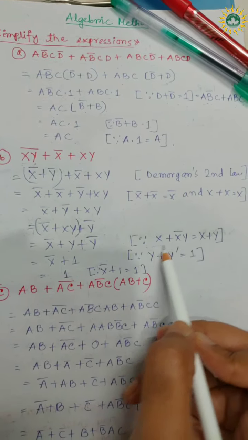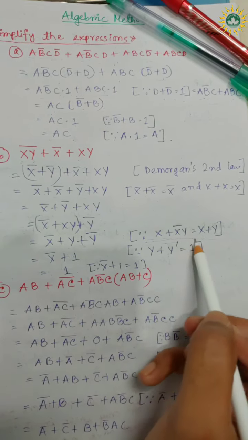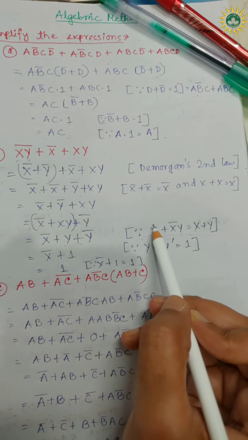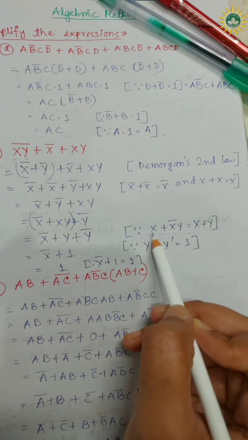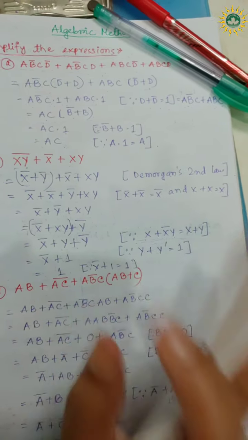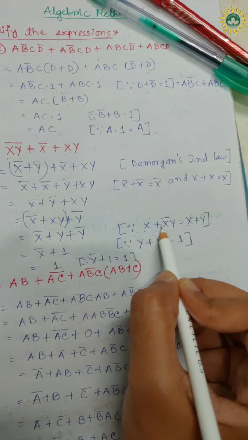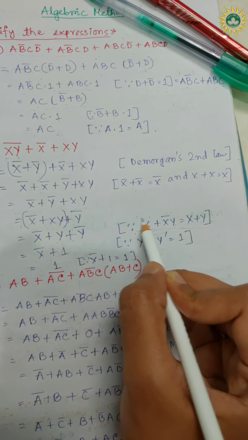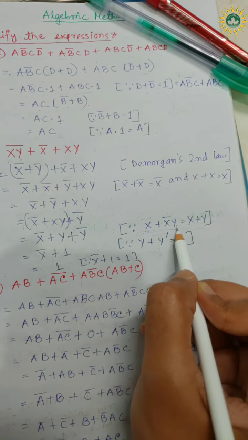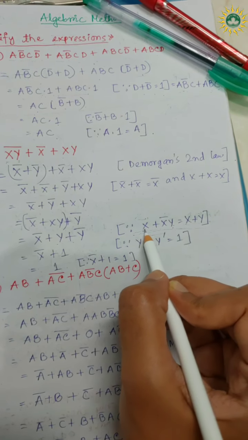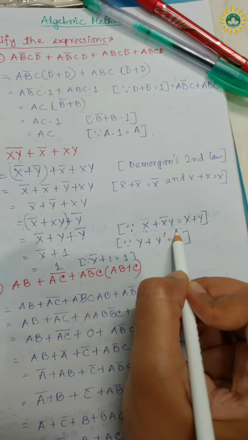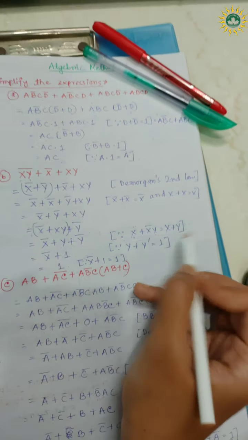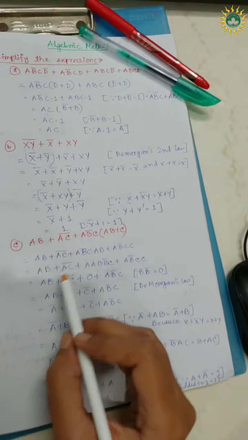I know you guys are a little skeptical about this formula, x plus x bar y is equal to x plus y. Okay, I'll make you understand this. For x plus x bar y, if you have x bar here, you will take x bar and you will take y. If you have x here, you will take x and y. We are ignoring this one. If you have this kind of relation, we will do it here again. I have actually done it.